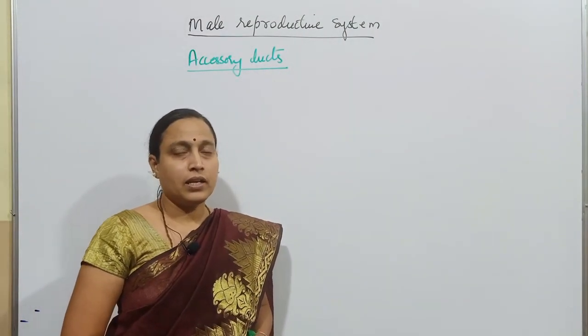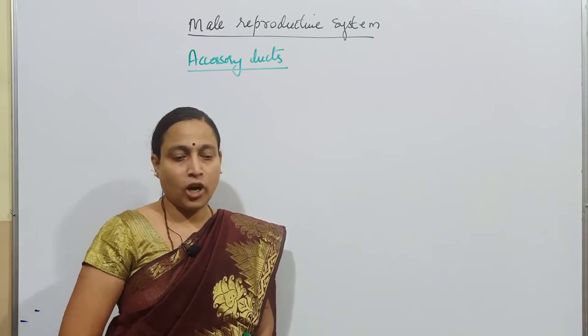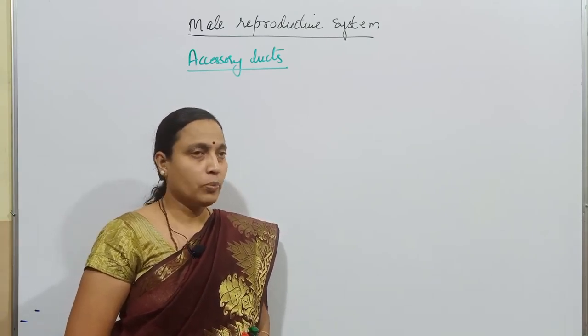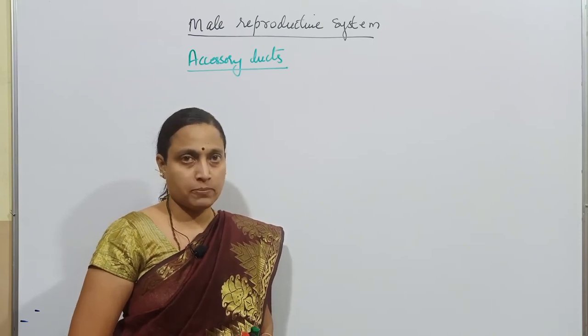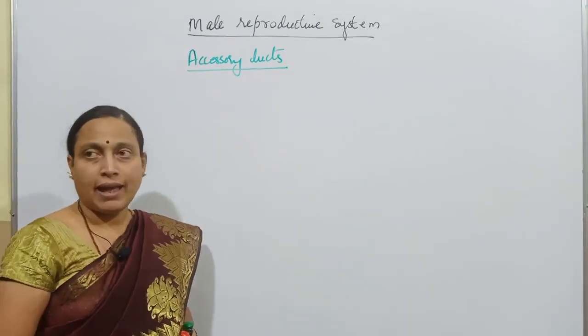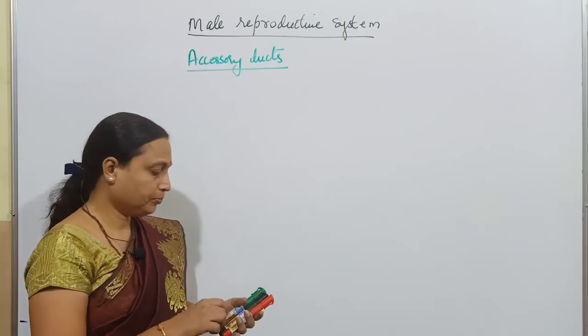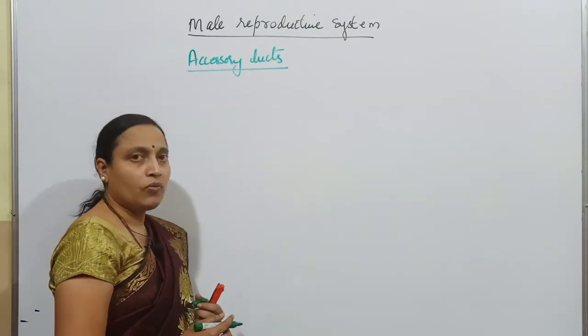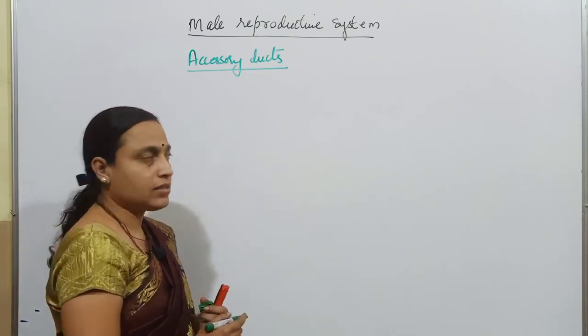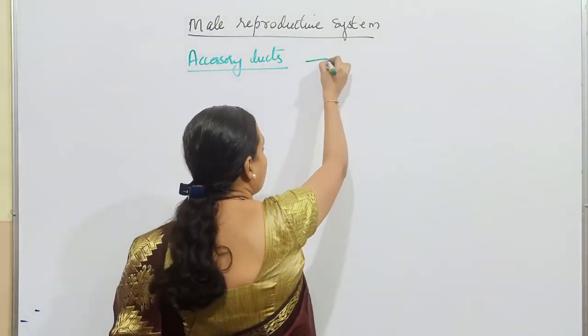Yesterday I started the male reproductive system and took topics like the cross section of testes and also explained about the scrotum. Today I will be explaining about accessory ducts. So which are the ducts that come under accessory ducts? The accessory ducts include